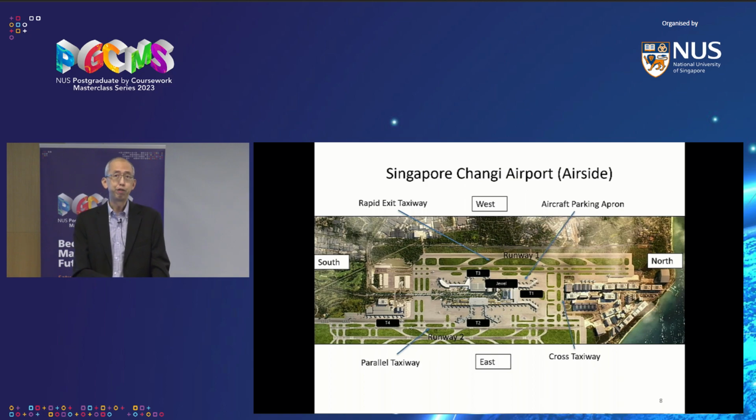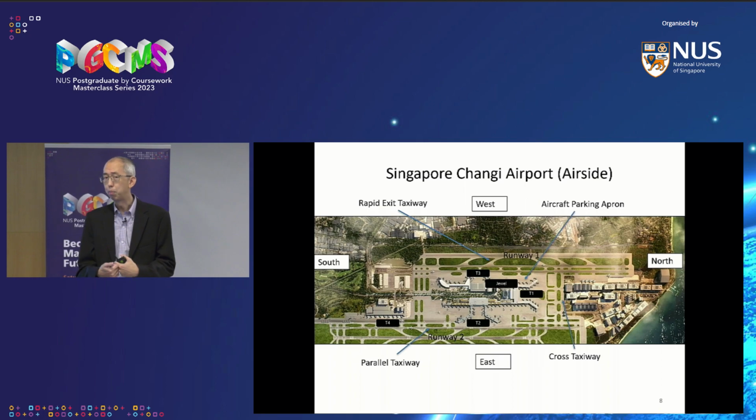So we are really fortunate that they had this press release last year, and they showed us what they're planning Terminal 5 to look like. So on the air side, these are the biggest parts of an airport, the most important parts, the hardest to plan, the hardest to fit in. So we start with the biggest and most complex pieces first, and those are the runways. Because the runways might be about 4 kilometers long, like at Singapore Changi Airport, runway 1 and runway 2. They're both 4,000 meters or 4 kilometers long.